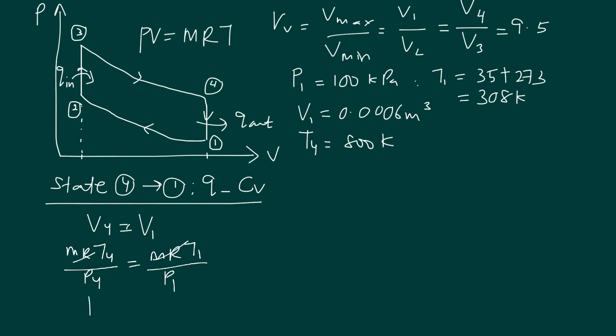Now that you are trying to look for your P4, so we arrange it to be, so we already have the T4, which is 800, and the T1, which is 308 Kelvin, and as well your pressure one, which is 100 kilopascal. So it makes your P4 equal to,